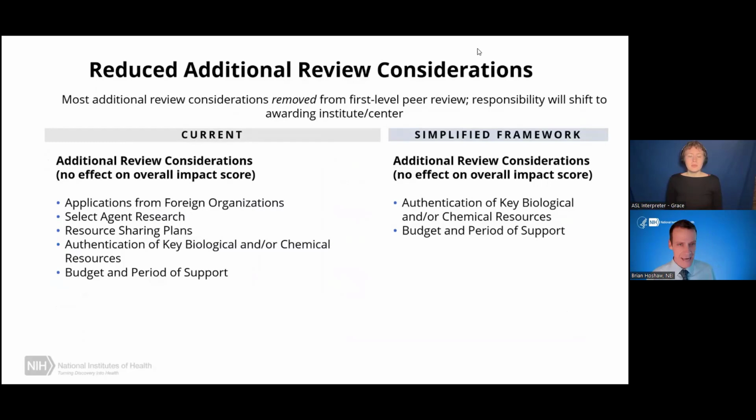So another change has to do with the additional review considerations. These are currently discussed after the final score. They don't affect the score, but are still assigned to reviewers. So some of these are being shifted from the first level of peer review to the awarding IC, and they will look at those for applications that fall in their funding range. On the left are the 5 that reviewers consider. And after SRF is implemented, reviewers for RPGs will only look at authentication and budget and period